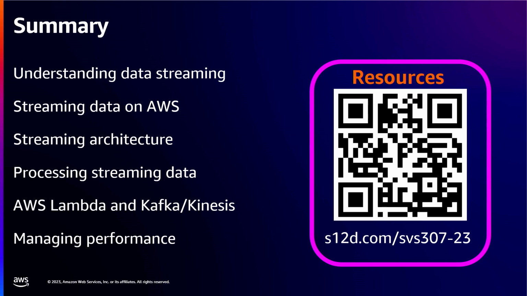And then we went on a bit of a deeper dive into specifically processing streaming data with Lambda, with EventBridge Pipes and Kafka Connect, Confluent Connect, and then onto the Lambda event source mapping, and spent a good bit of time going through all the network nuance for Kafka, hopefully going into enough detail for you to be able to effectively do your processing. And then finishing up on the all-important things with some information on managing your performance and managing your streaming.